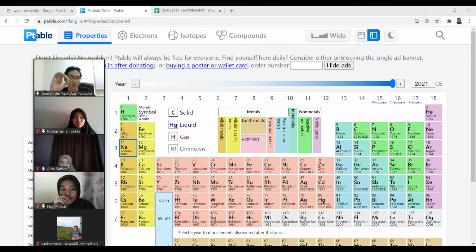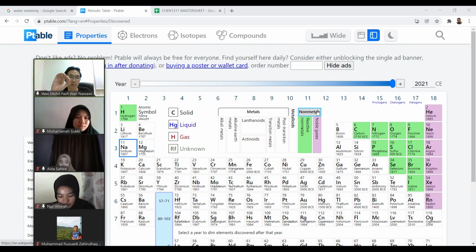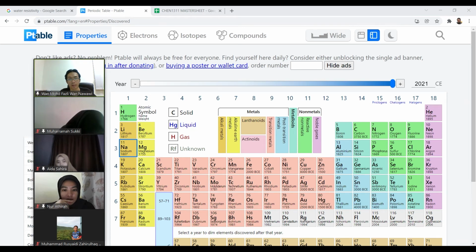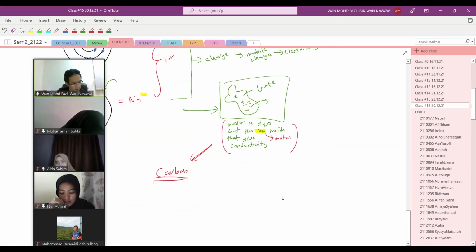So how come a non-metal like carbon can conduct electricity? How come that happens? It's just because of the structure of the carbon itself. If you look at carbon, graphite especially,